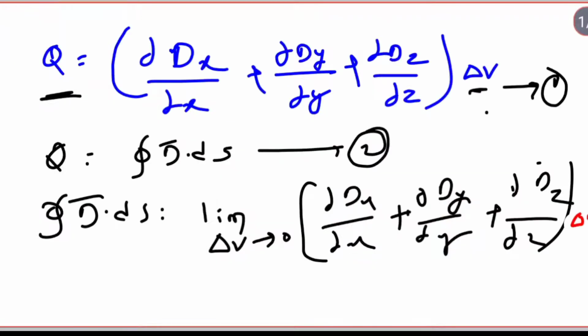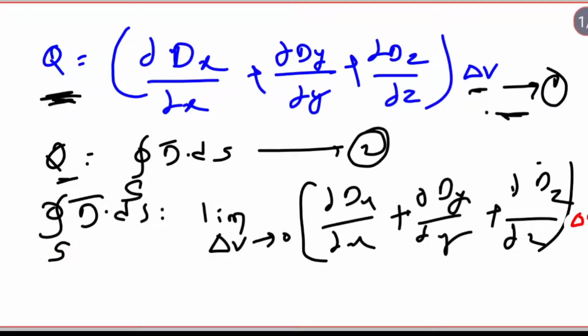Again we can see what divergence is. We already know from the Gauss law that the total charge enclosed for a differential volume element is dou dx by dou x plus dou dy by dou y plus dou dz by dou z into delta v. That is the main equation, because we already derived it for the differential volume element. According to Gauss law, q equal to surface integral d dot ds. That is equation 2. Therefore, surface integral d dot ds equal to,